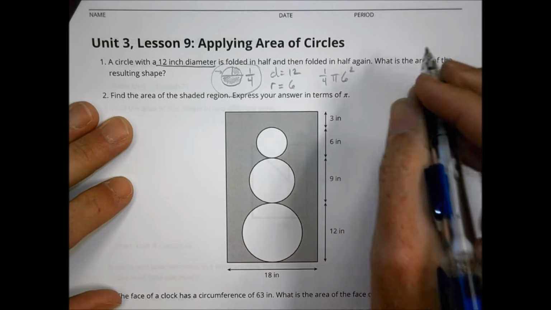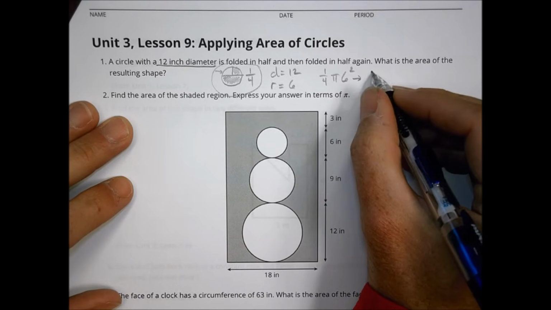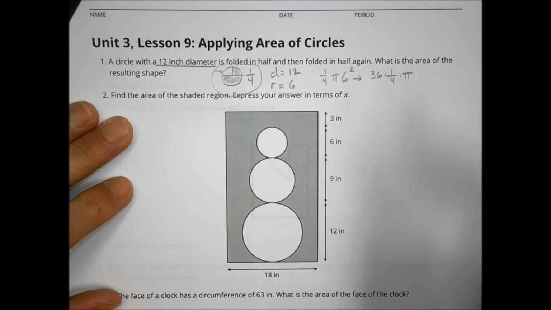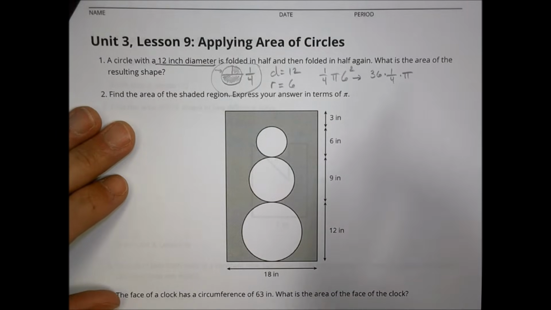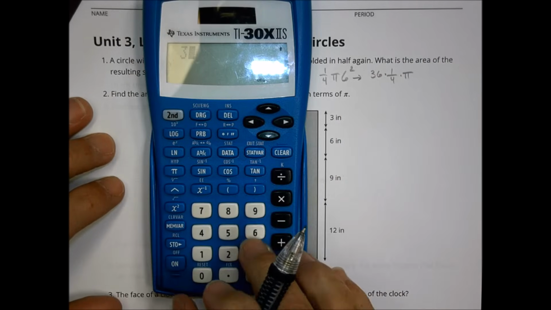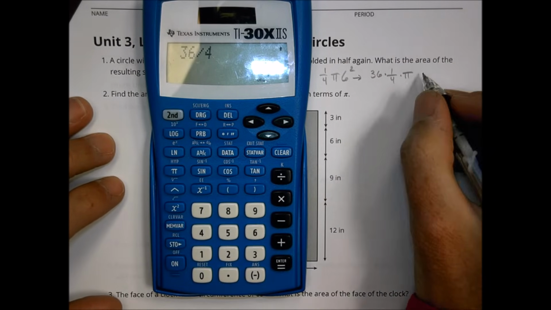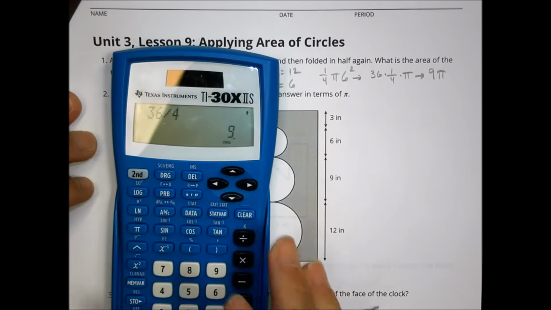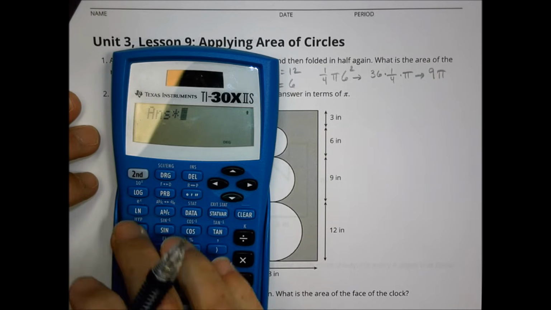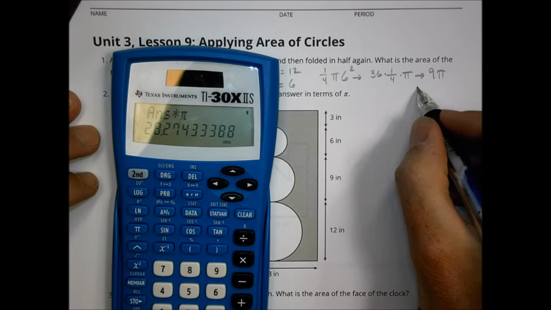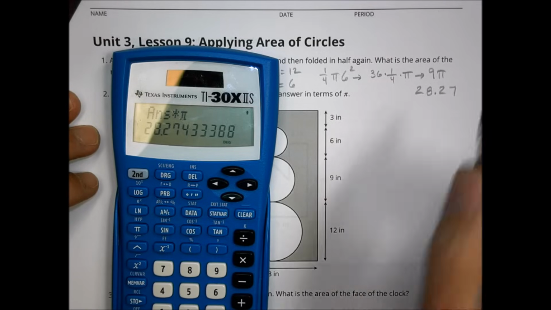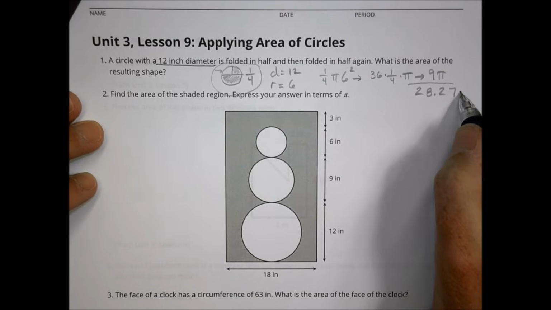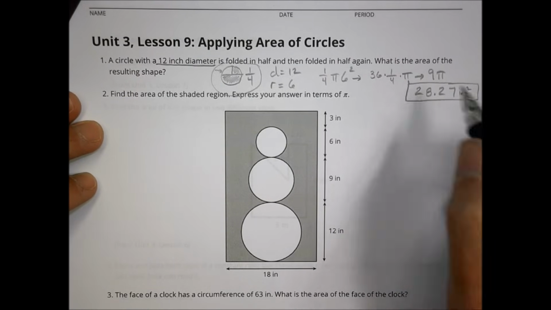Okay, well, 6 squared is 36, so we have 36 times 1/4 times pi. 36 divided by 4 is 9, so that becomes 9 pi. If we were going to leave it in terms of pi, I could stop right there. But it doesn't say to do that, so I'll do 9 times pi, and I end up with 28.27 for my solution. So the area of this is going to be 28.27 inches squared, for the area of 1/4 of a circle